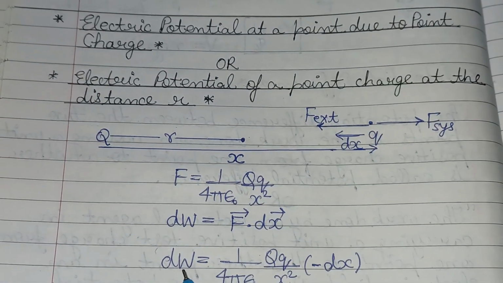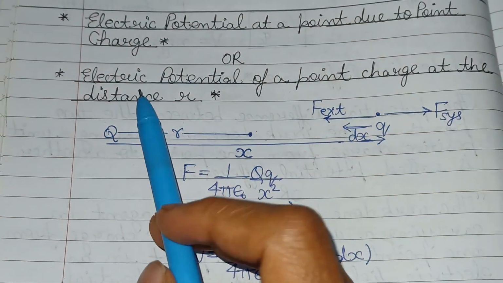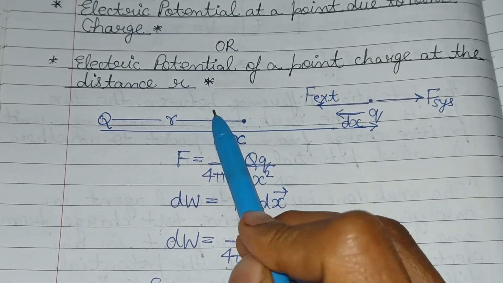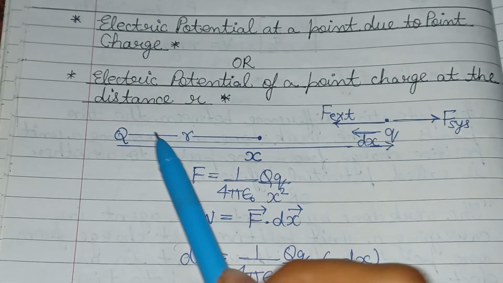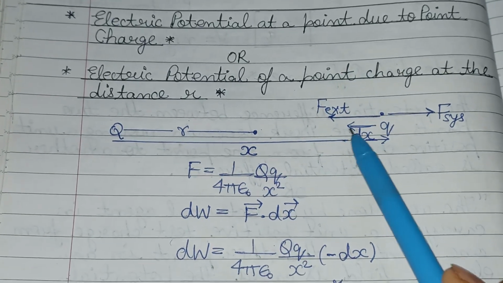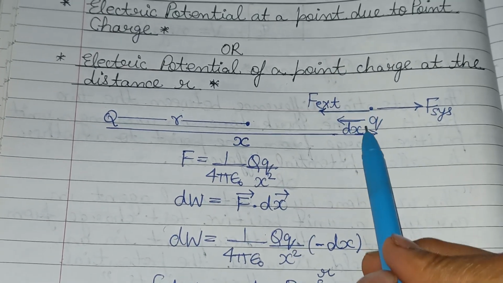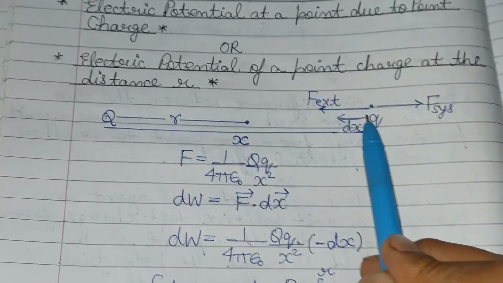Electric potential at a point due to a point charge. Electric potential of a point charge at a distance r. This is a derivation, proving the formula. This q charge is at infinity, and work done